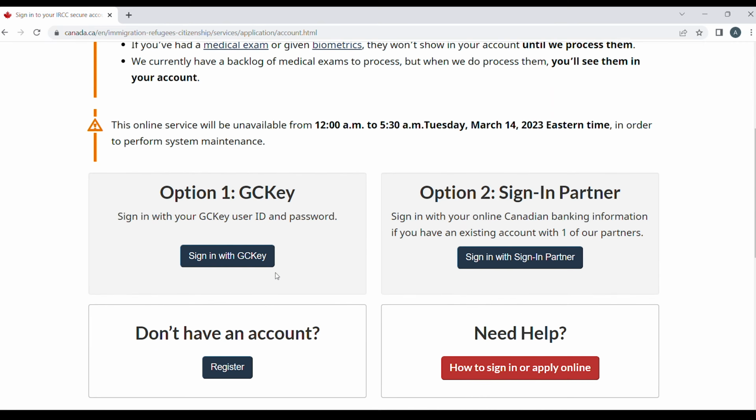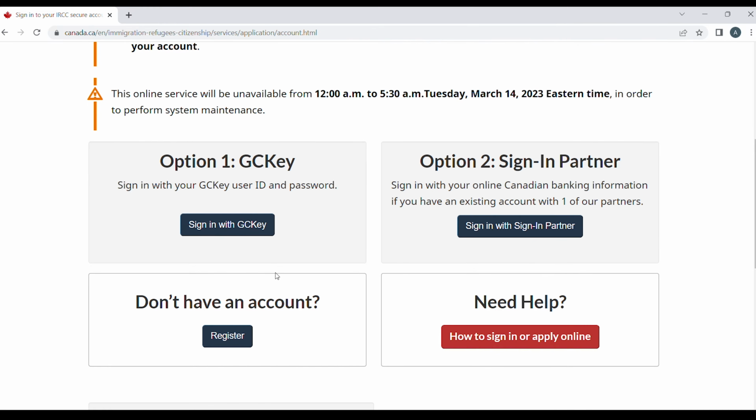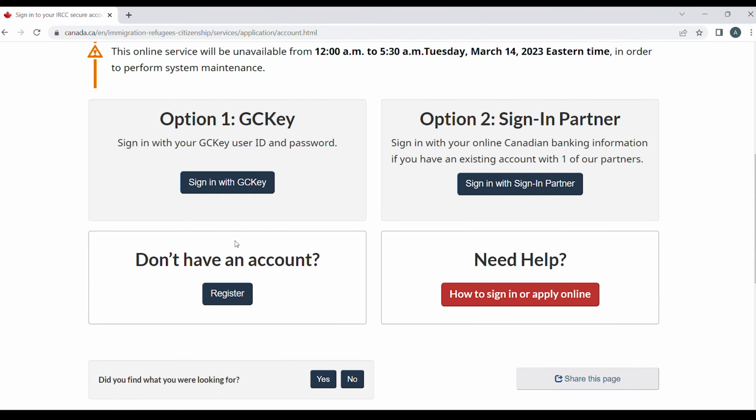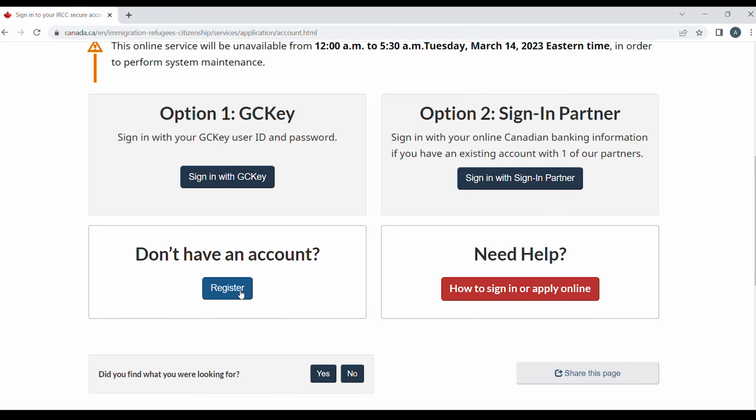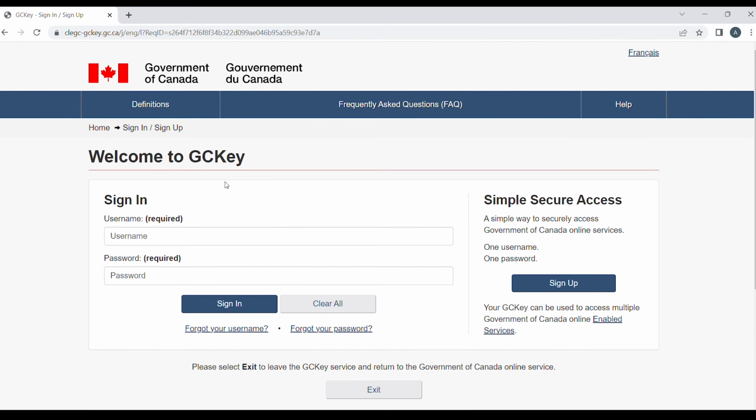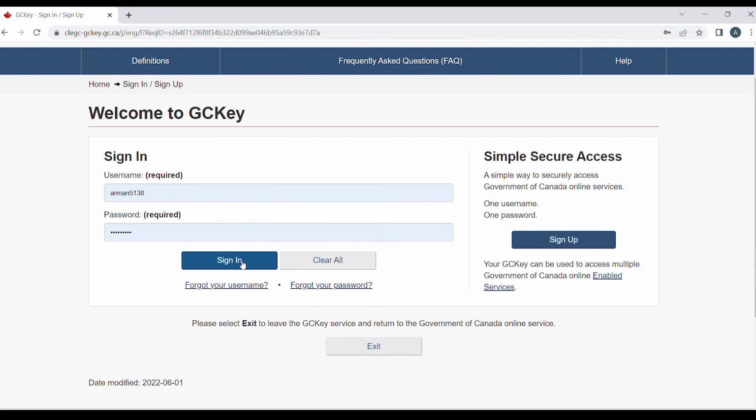And when you scroll down, this will give you several options. The first one is to sign in using the GC key. So if you already have made an account with IRCC, well and good, you can select this option and continue with the application. But if you don't have an account yet, you go to this option, register for an account, and then from there we can start the application. But as I already have an account, I will go here, sign in with GC key, put your username and password here, sign in,